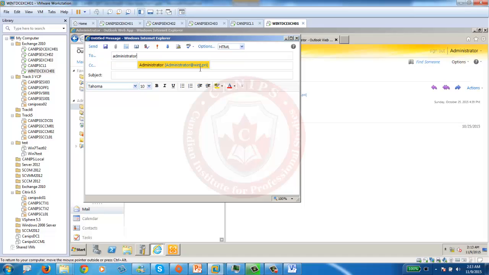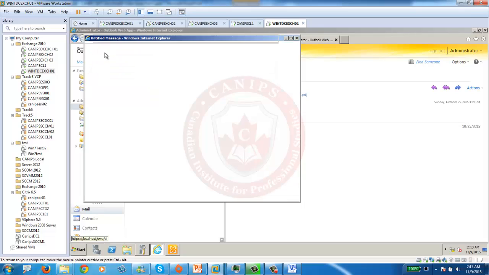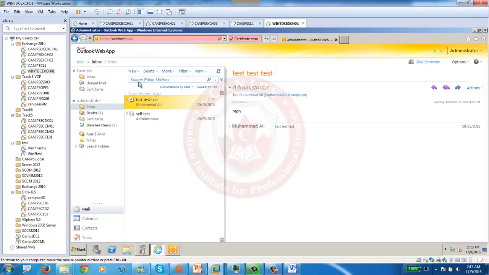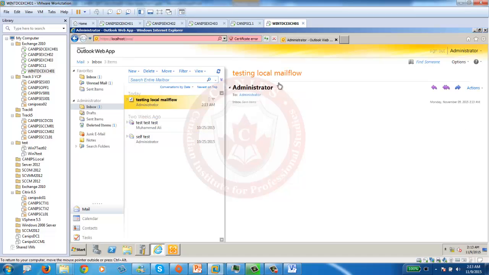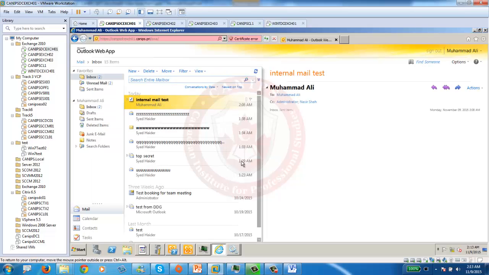Administrator to myself, testing local mail flow, send. So if Exchange is working fine, I should be able to receive the email any moment. So I received it. So internal email is working fine in this organization, and internal email is also working fine